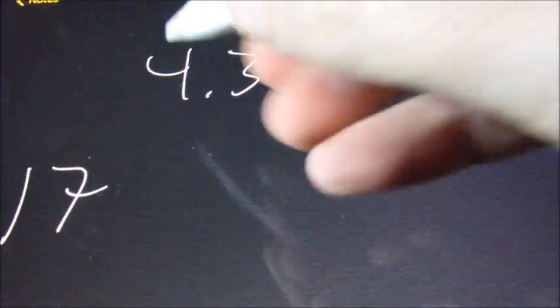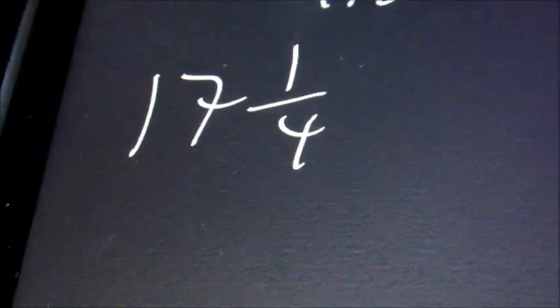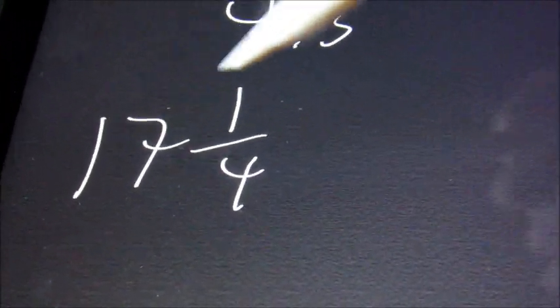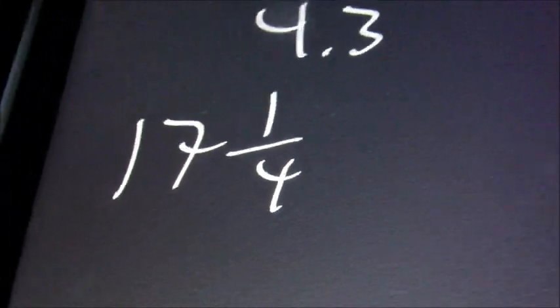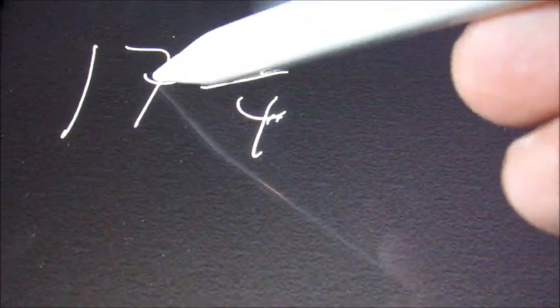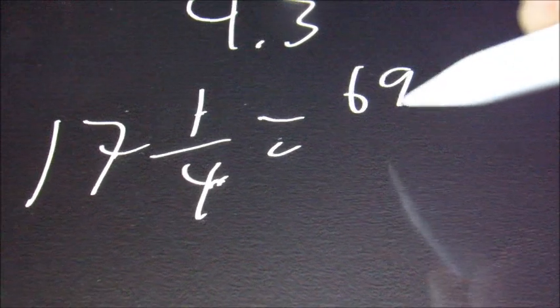So let's say we have something like 17 and 1/4. Now this is a mixed number, meaning it has a whole number and a fraction. An improper fraction is one where the numerator is bigger than the denominator. So what we do is the denominator times the whole number plus the numerator, and that becomes our new numerator. And then our denominator is just what our old denominator was. So here is going to be 4 times 17, which is 68, plus 1, which is 69, and it's just